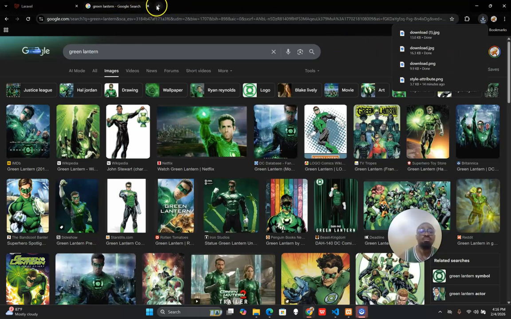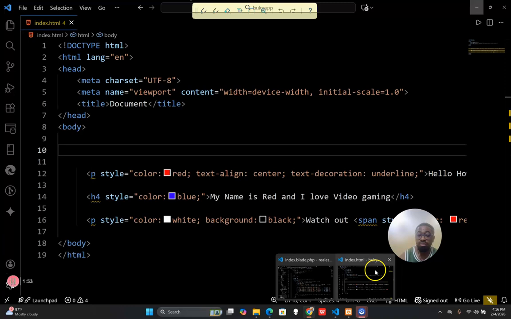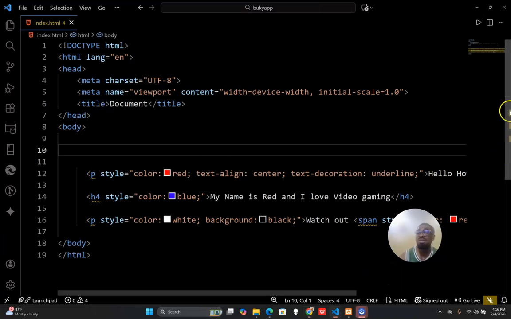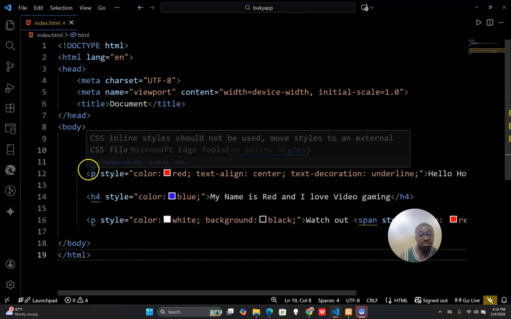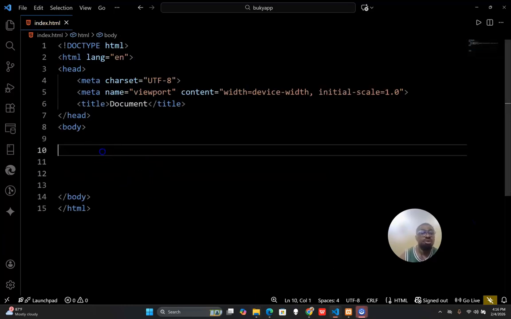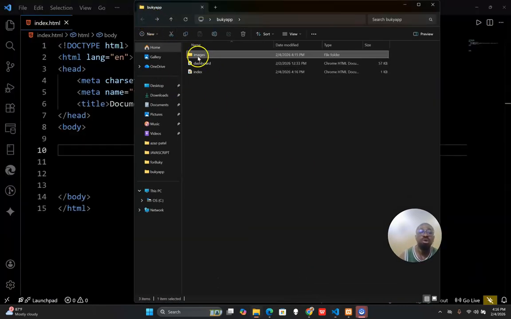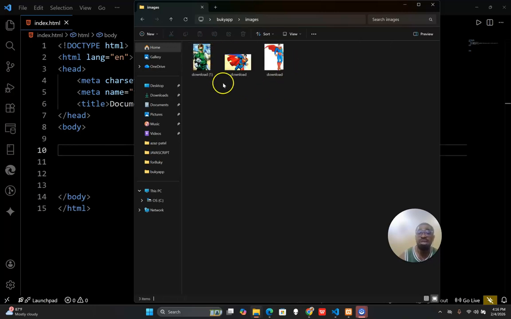So let's go back to our text editor. This is the last thing we had in the last section. We can still do them here, but let me just wipe them out for simplicity. So now how can we put images in our website? But remember, you have your folder where you have your images. I created a folder and I downloaded images and dumped them here. But there's something you have to know before you can actually